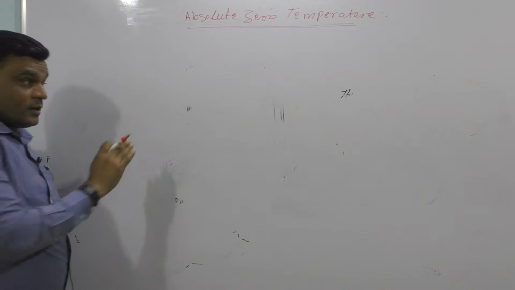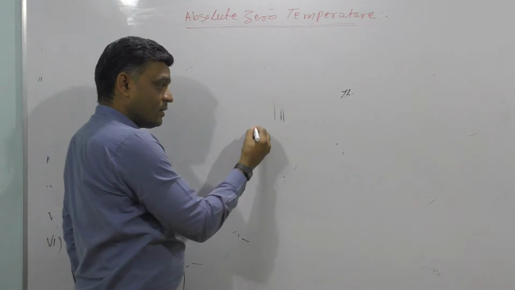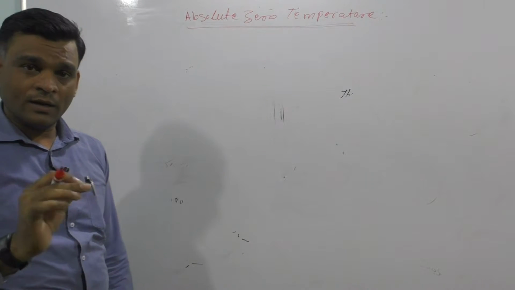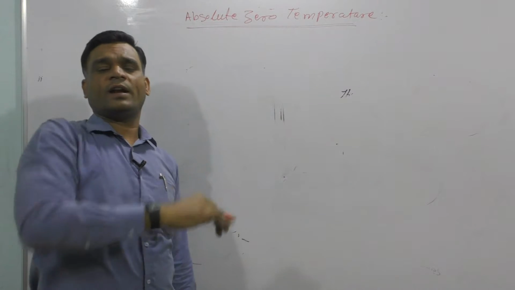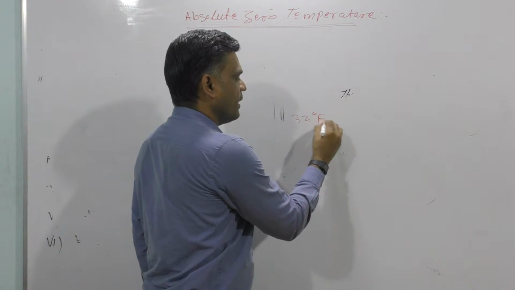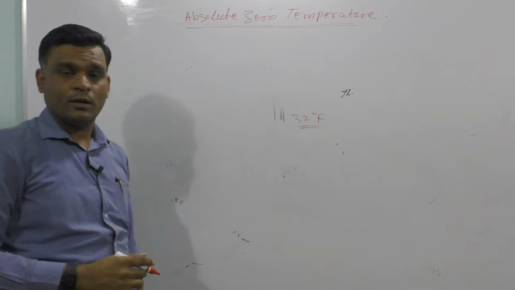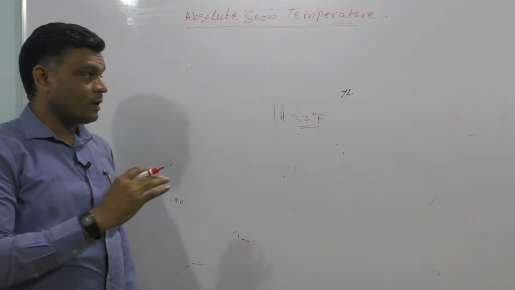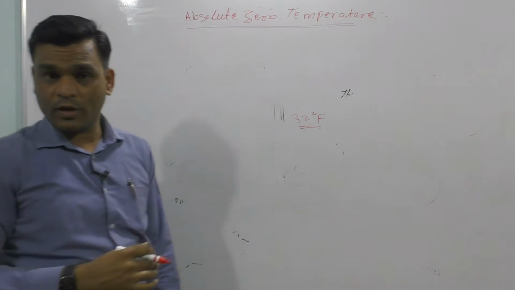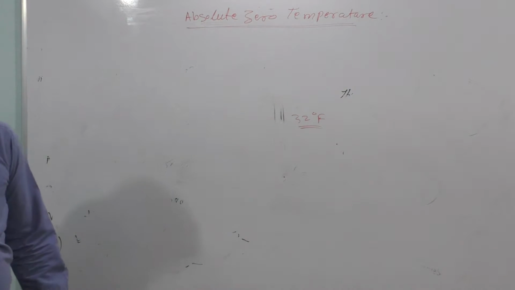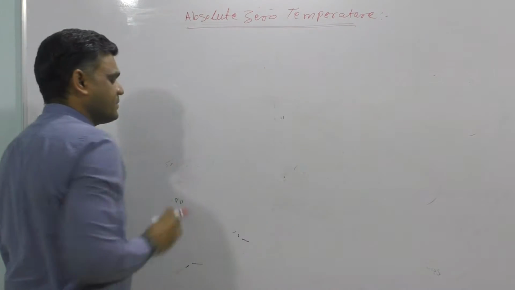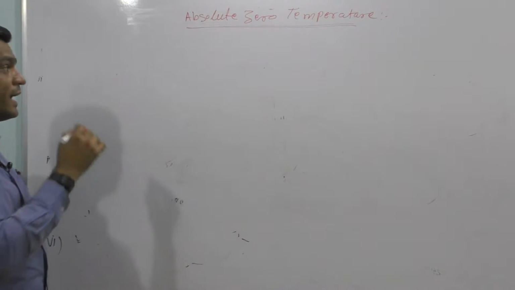We know in the Celsius scale we consider the ice point as 0 degree Celsius, but the same temperature in the Fahrenheit scale is considered as 32 degree Fahrenheit. Okay, but we are not confirmed about which one is really the zero reading. Okay, now basically we know one thing. In case of the ideal gas,